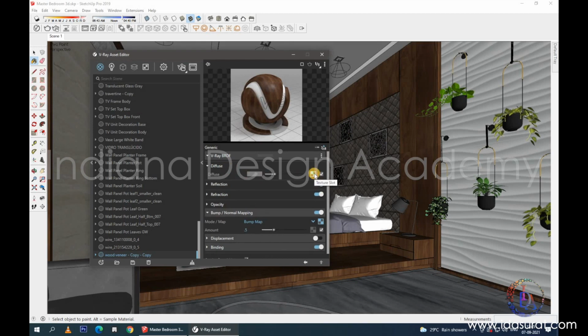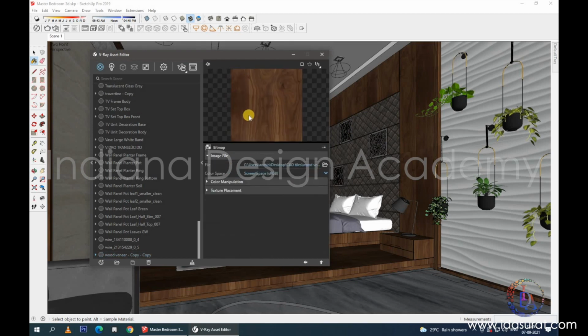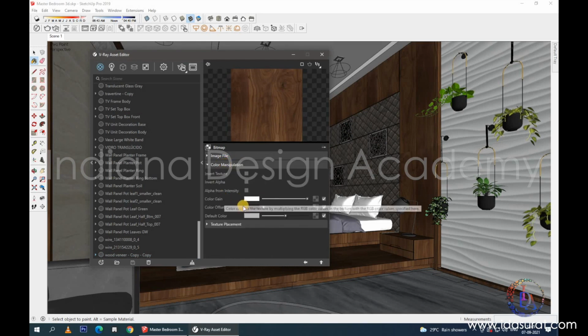In case of diffuse, I have the texture slot. Now if I feel this color is quite dark and I want to adjust the color over here, I have the option of color offset. It was black, now I'm slightly increasing it and taking it to a bit gray. If I reduce this color again, it will get darker. If I take this to white, what will happen, it will